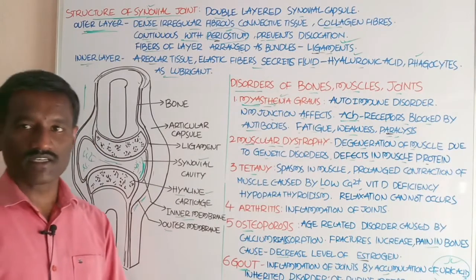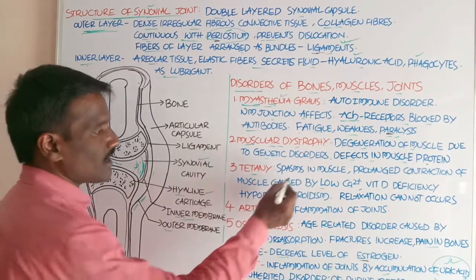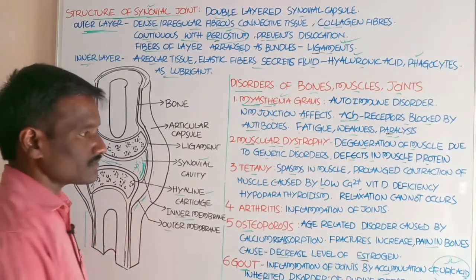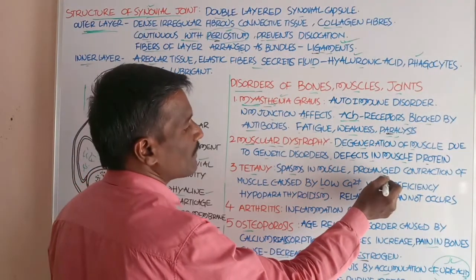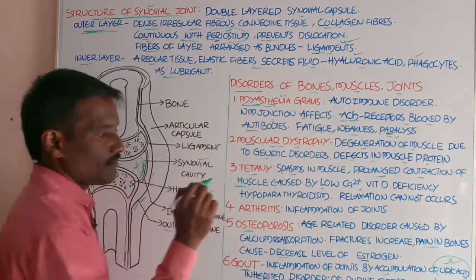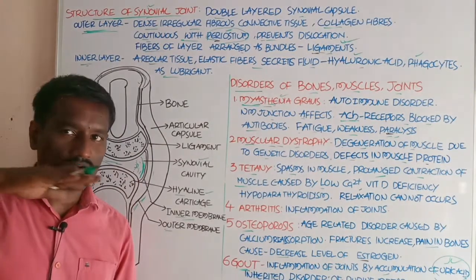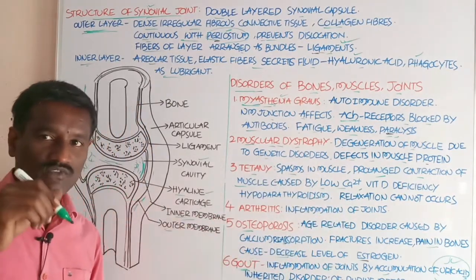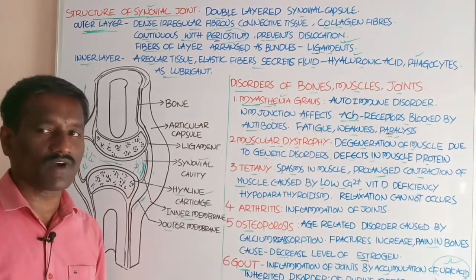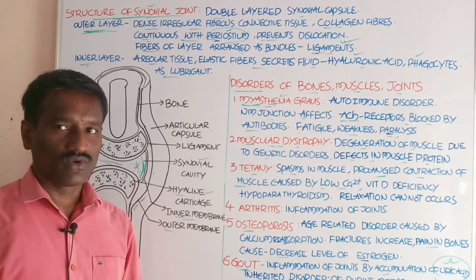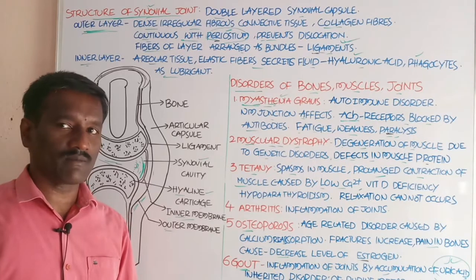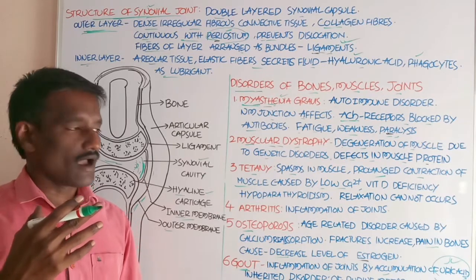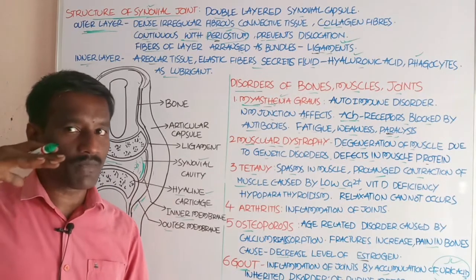Next, the third one is tetany. What about tetany? Tetany is characterized by spasm in muscle. Spasm means pain. It is also with prolonged contraction of the muscle. It is caused by a low amount of calcium ions present in the muscle fiber or body fluids. Due to the low availability of calcium ions, the muscle does not go to relaxation. Okay. At the same time, this shows prolonged contraction,